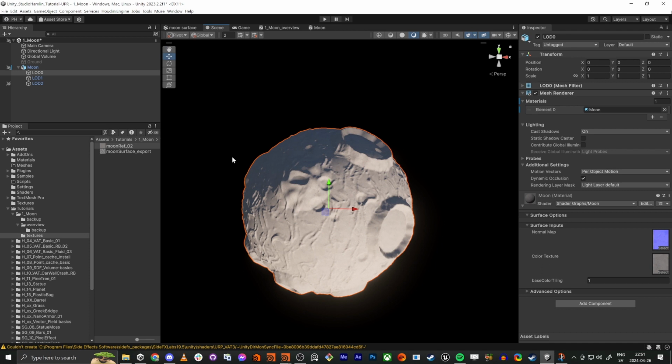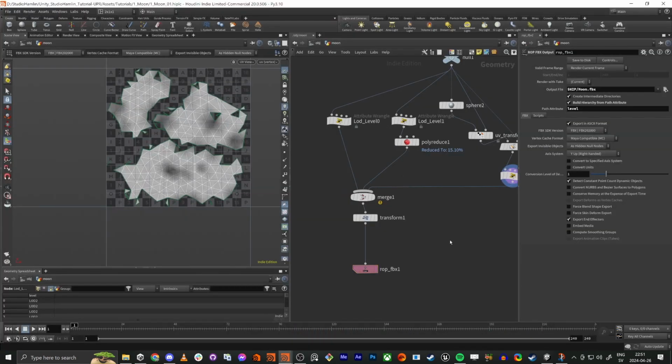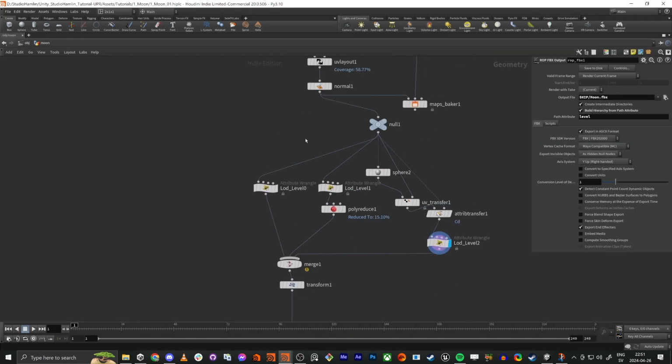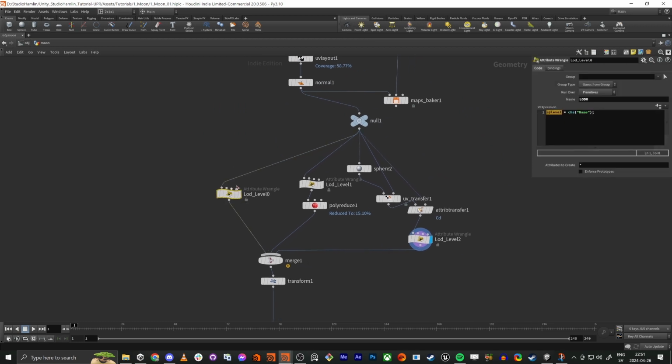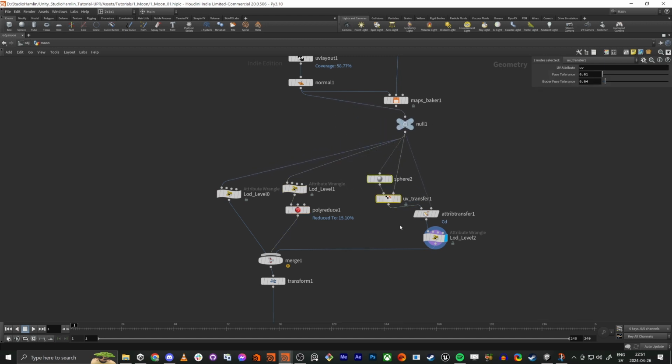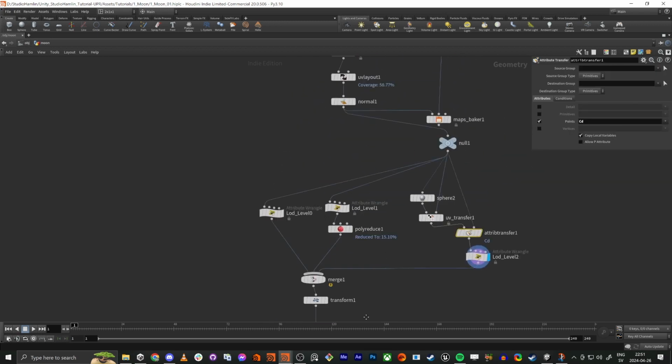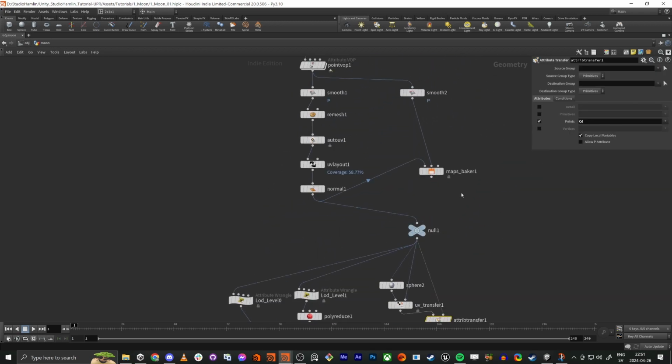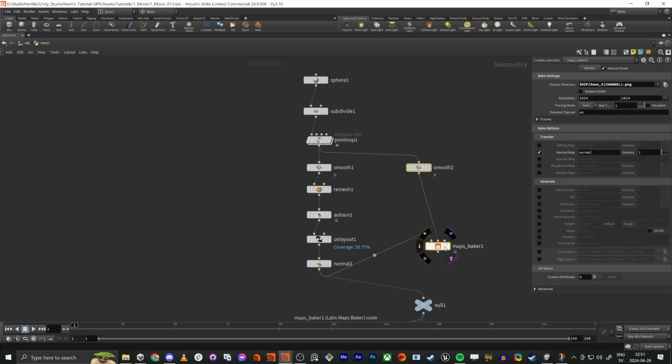And I don't know if I missed anything that I wanted to show you. So this is kind of how it works. This is the LOD one, well, the second one. This is good to know, how to do the transfer UVs and attributes. And this one, yeah, here we did a normal map bake, so we could actually crank up